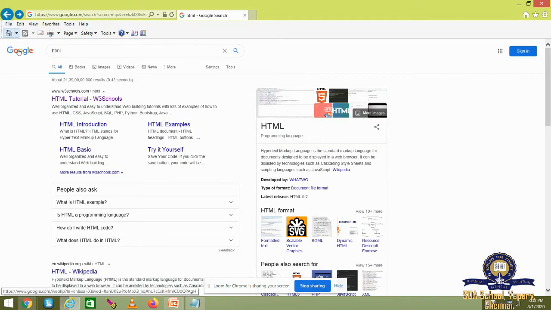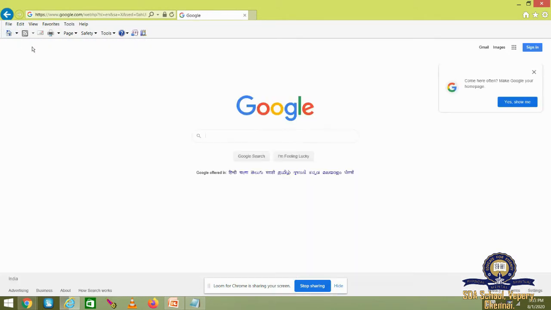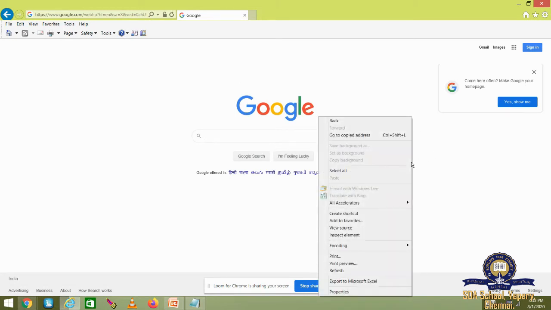In today's session, you will try to design a web page wherein you will be creating a link to some other page. You will create links in a similar way to Google search. You have started with a Google search now. If you want to look at its source code, just right click. In the previous session I told you each and every web page has its source code.